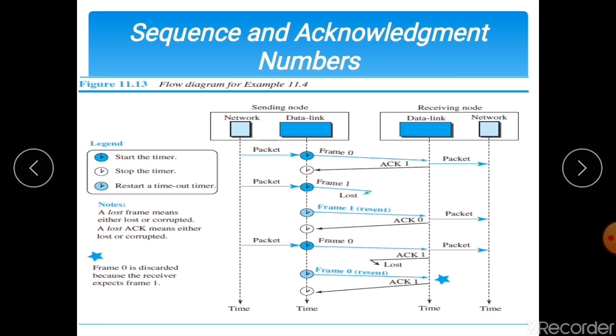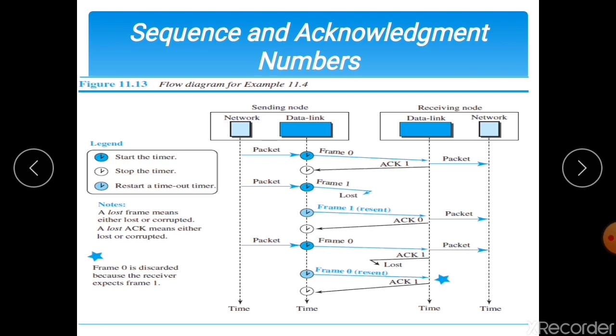In other words, the sequence number starts with 0 and the acknowledgement number starts with 1. An acknowledgement number always defines the sequence number of the next frame to be received. So the acknowledgement number will always tell what sequence number of the next frame the receiver is expecting.